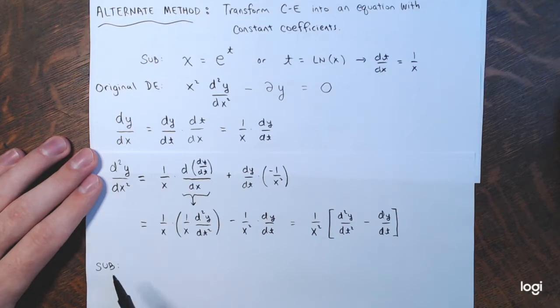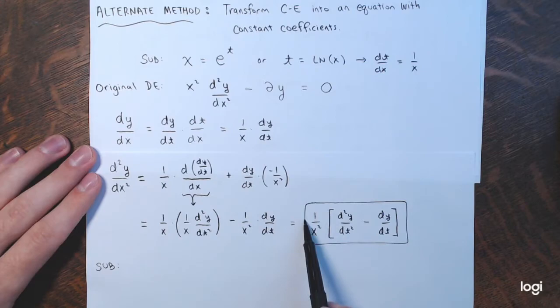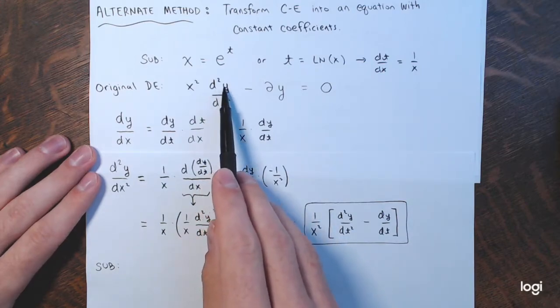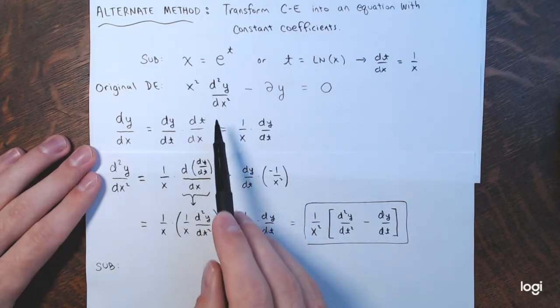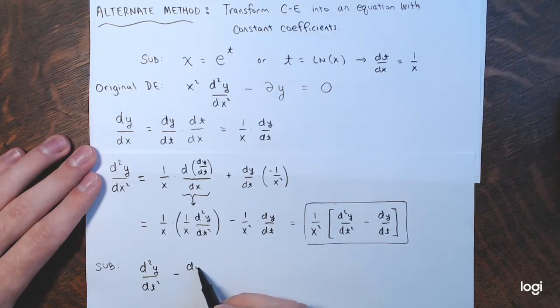So if I put this in place of the second derivative of y with respect to x, see the x squareds would cancel, and I have the second derivative of y with respect to t minus the first derivative of y with respect to t, and then minus 2y